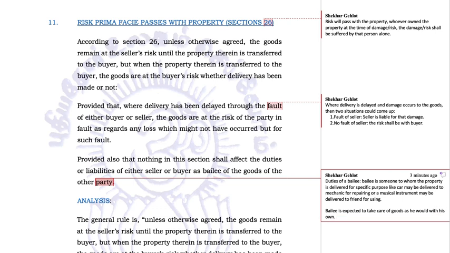Okay, now what standard of care and caution or protection is required from Bailey? The law says Bailey shall take care of the piano as he would take care of his own piano. Or the mechanic will take such care of the car which is up for repair as he would take of his own car. If he does not take care of the car in such a manner that he takes care of his own car, then he shall be at fault. This is the standard of the care.